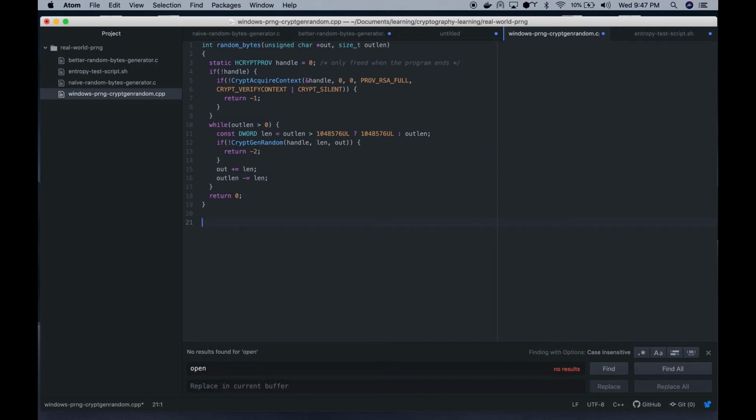this is the old one. In the new version, so the newer CryptGenRandom,